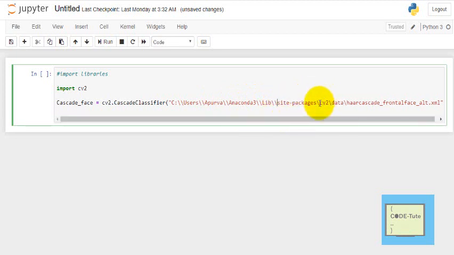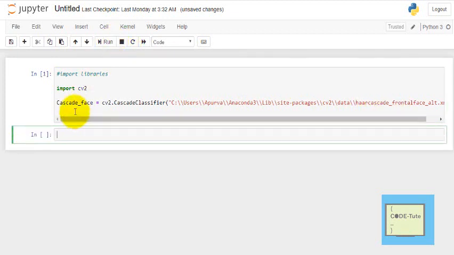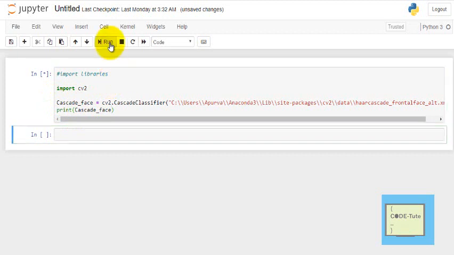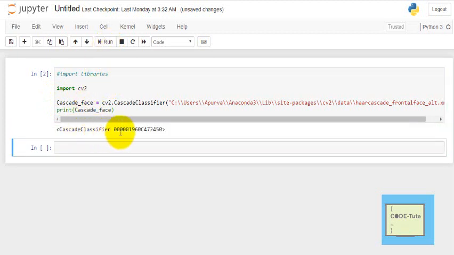Run this, and your classifier is loaded. If you want to check whether your classifier is loaded or not, you can print this object, and here is your classifier loaded.